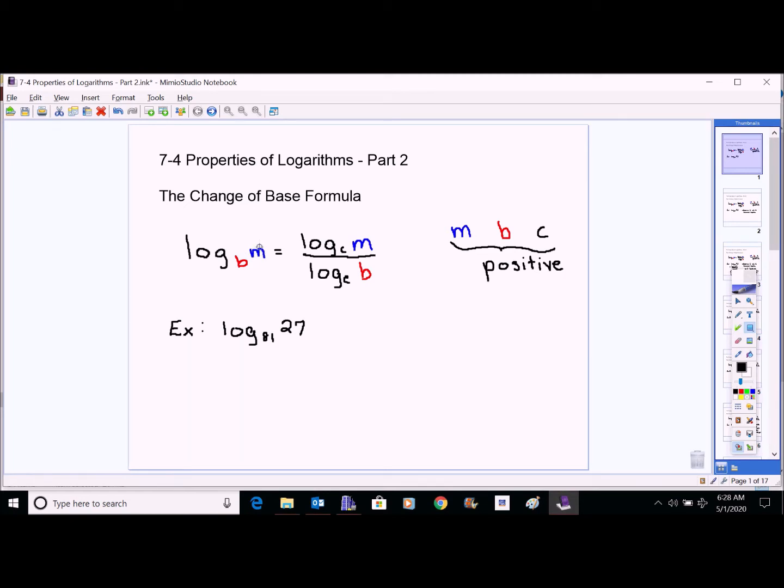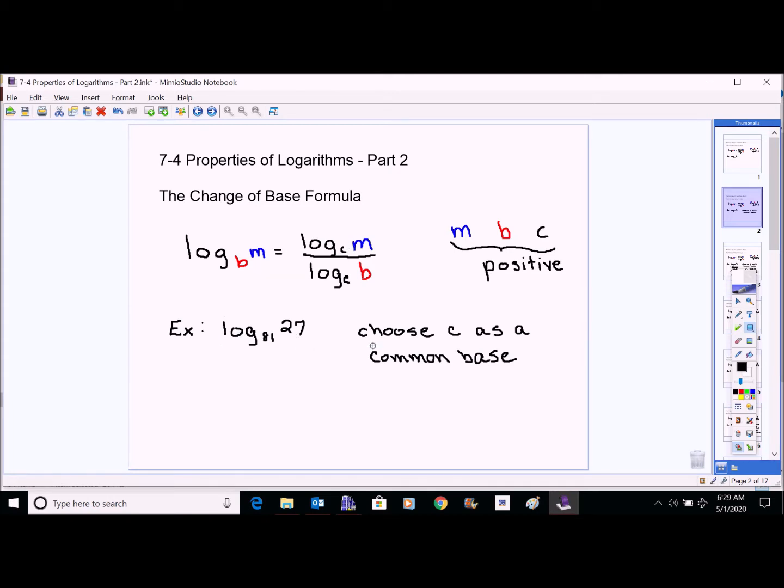So for example, 27 and 81 are both powers of 3. If we consider that 27 is actually 3 times 3 times 3, or 3 to the third, and 81 is actually 3 times 3 times 3 times 3, which is 3 to the fourth power, we have that common base for both of those, that common base being our C, or being 3 in this case, which is going to be very helpful for rewriting this and solving this without any